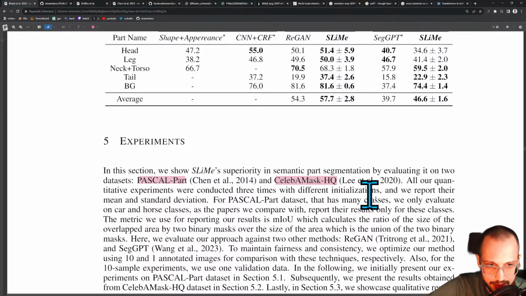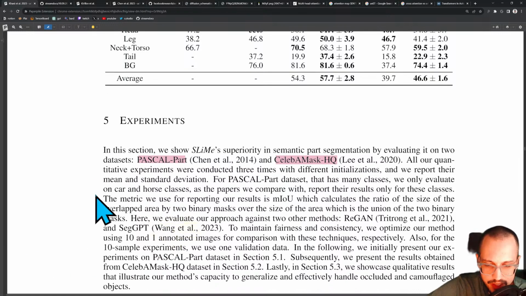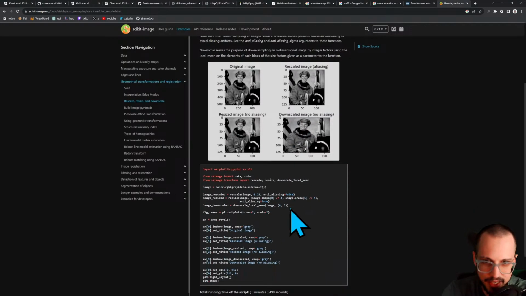Experiments were conducted 3 times with different initializations, and they report the mean and standard deviation. Only evaluate on car and horse classes. As the paper we compare with, report the results only for 3 classes. The metric we use for reporting is mean intersection over union. That's what mIOU is. You guys would probably know what IOU is here, but